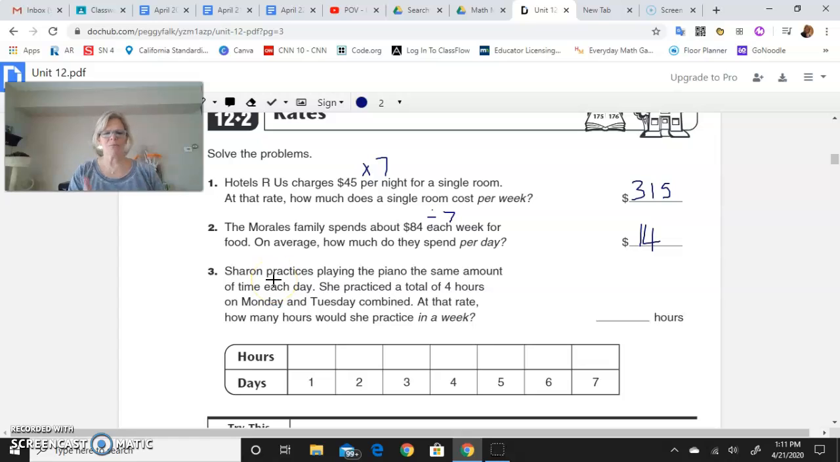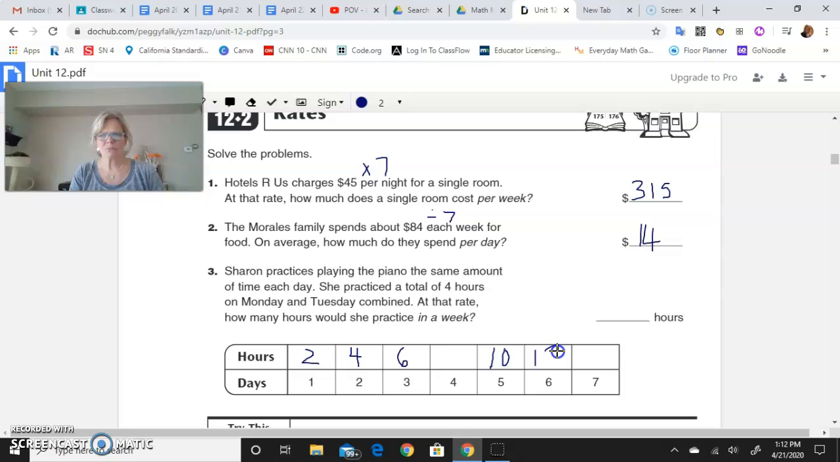Sharon practices. Now, I noticed a few people were a little confused on this. Sharon practices playing the piano about the same amount every day. She practiced a total of 4 hours on Monday and Tuesday. So that would be 2 hours on Monday, another 2 hours on Tuesday. So after day 2, she would have practiced 4 hours. Day 3, 2 more hours or 6. Day 4, 2 more hours or 8, 10,